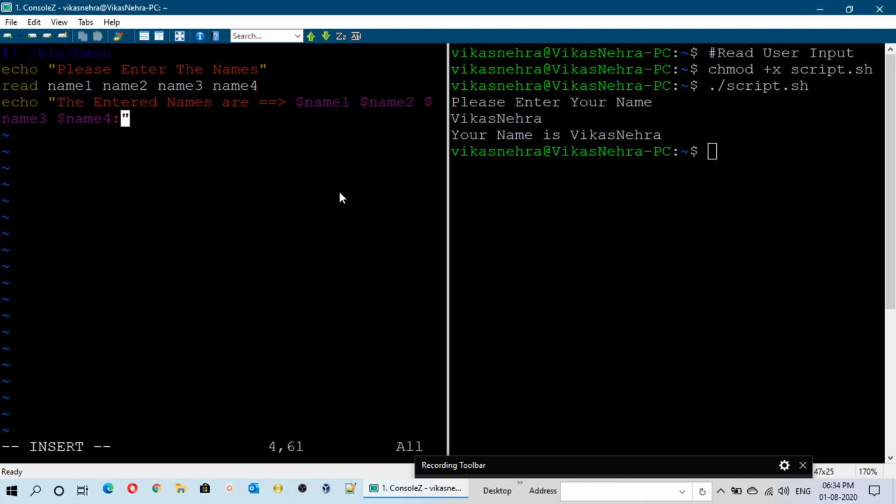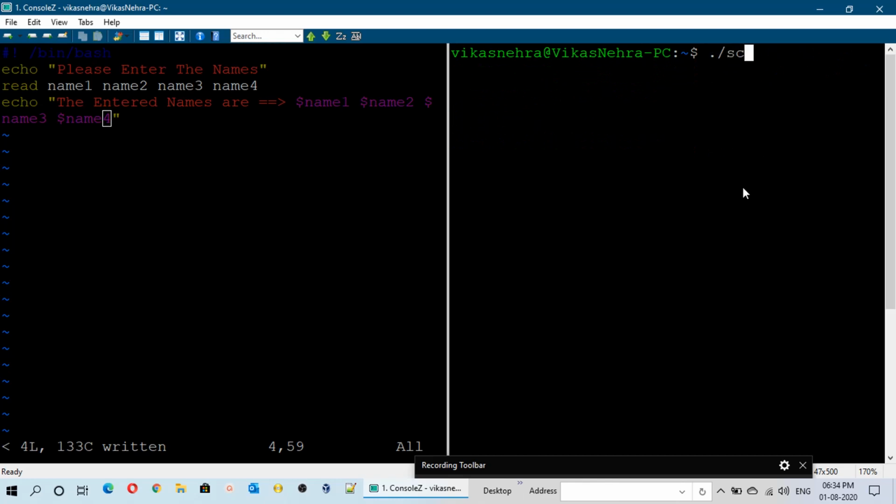And now we will execute this script again on the right side. Let me clear the terminal and execute the script. So it will prompt us for the input. It will ask us to mention the names. So let me mention here John, Vikas, Nehra.